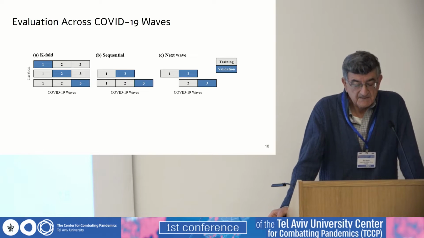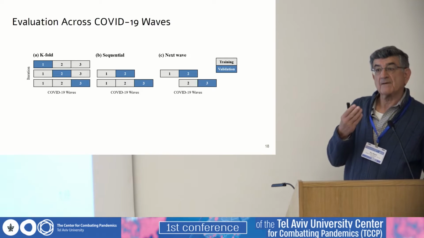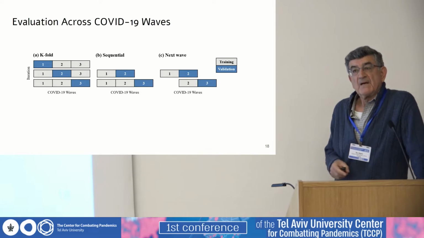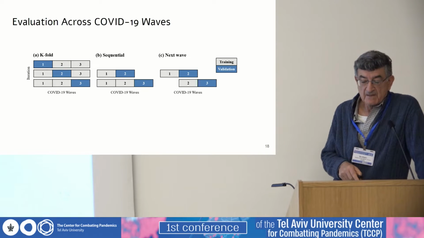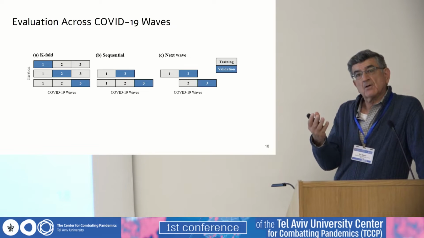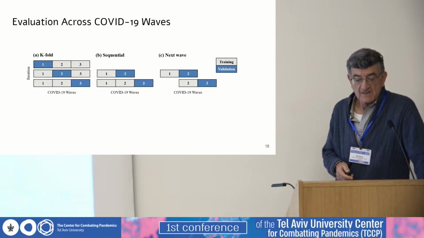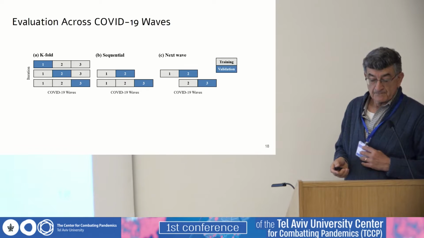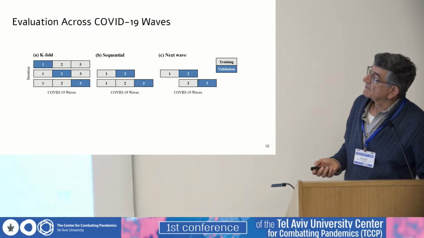Another type of analysis that we are doing is evaluation across the different waves. One caveat is that maybe the nature of the patients, the characteristics of the patients and their response changes across the waves. And the concern is that maybe what we developed will not be useful for the next wave. So we developed a variety of strategies of separating the training and the validation across different waves. You see here an example of two different ways.